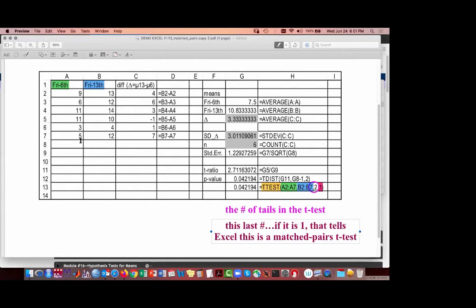All right, so what I'd like to do now is talk about the effect size, because in the effect size, I need something. When I'm calculating the effect size, I don't need to use the standard error. That's used for the t ratio. What I need for the effect size is this standard deviation. So that value is needed for the effect size, and we'll need to take note of that. But I also need to know what the average difference is, which in this case was 3 1/3.